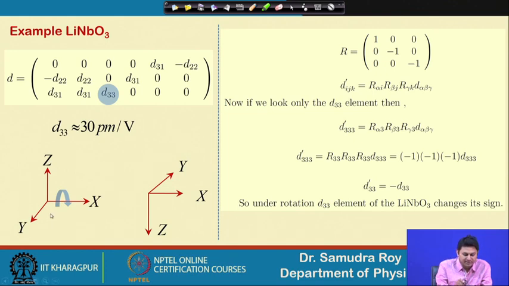For this principal axis the D matrix is written here, and for example, to have quasi phase matching, D33 is the quantity that we are going to use. There are many D components here, but D33, which has a maximum value, we are going to use to achieve quasi phase matching. So, our aim should be, if I rotate this system by theta equal to pi around the x axis, what should be the value of D under this rotated system.